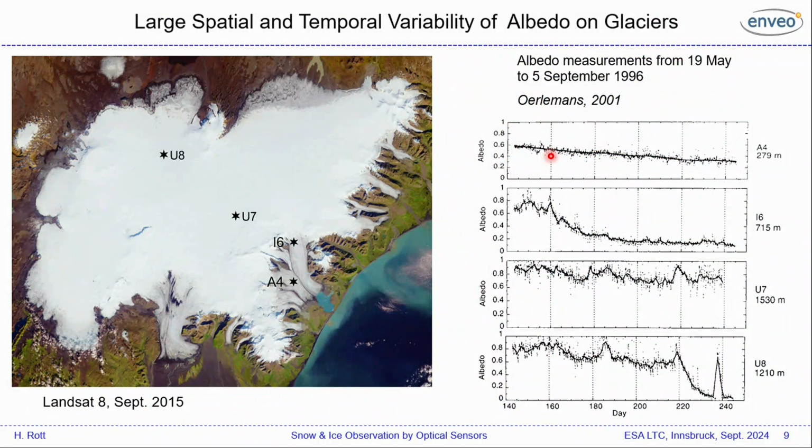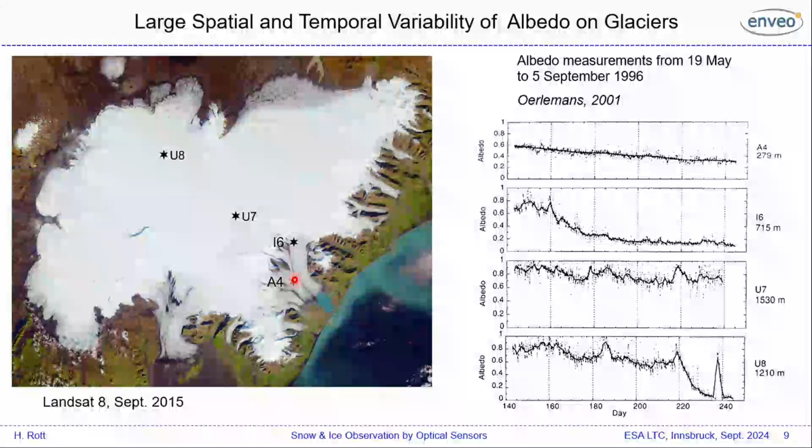Now, another issue: why do we use satellite data? We have a large spatial and temporal variability of albedo on glaciers. This is a very nice example, which Hans Oerlemans shows: albedo measurements from May till early September on field sites on Vatnajökull in Iceland, showing here the location of these sites. There's one on the terminus of Breiðamerjökull,